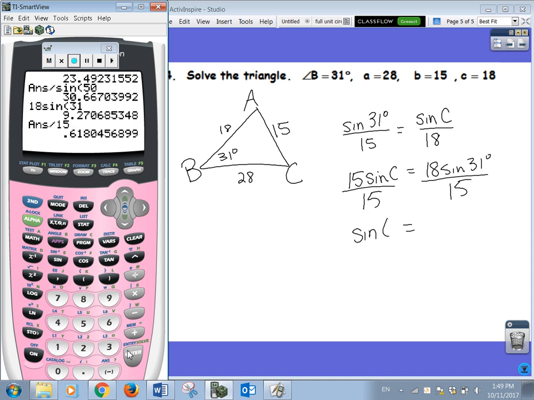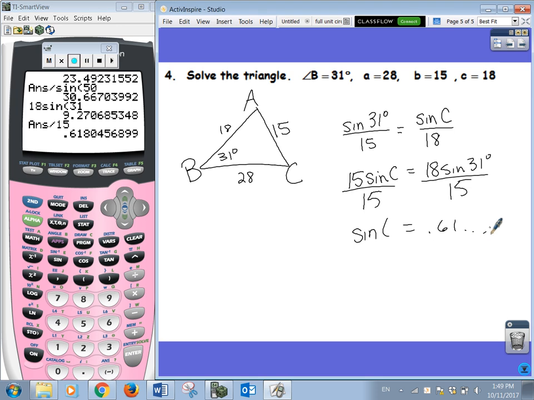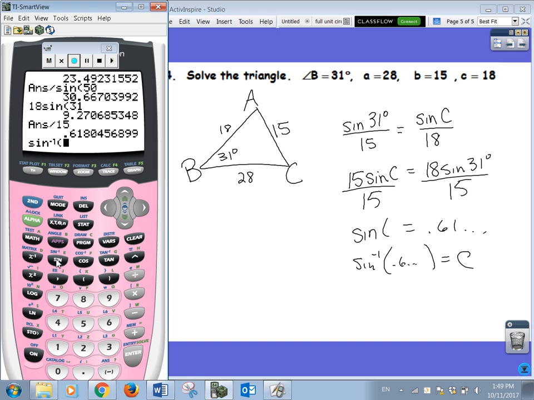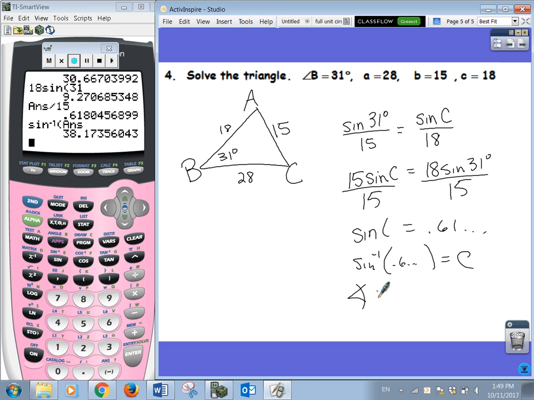So we get 0.61 and so forth. Now, we have to take the inverse of that 0.6 number, and that will give us the angle. So we take the inverse of that 0.6 number, the whole thing, not the rounded answer, and you get your angle. So you have your angle C is equal to 38.174